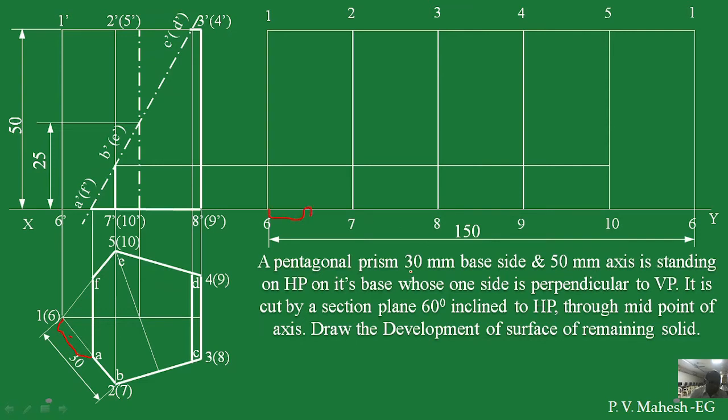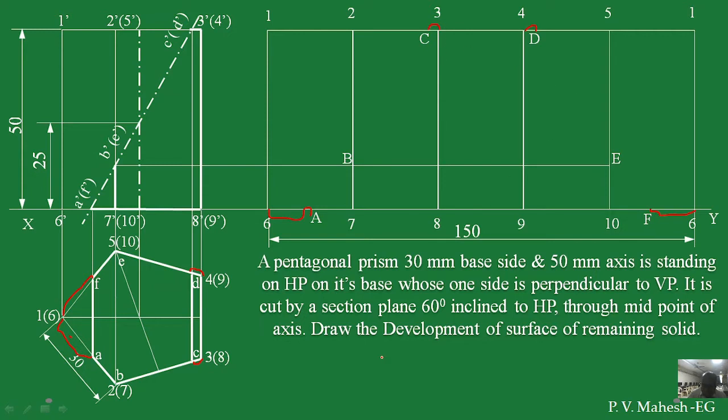Okay, and similarly I have to measure this distance and mark it here. So these distances are marked, I will get points there, F, A, and similarly I can identify this distance and mark it here, and this distance I can identify and mark here on edge 2, 3. So these distances are marked.